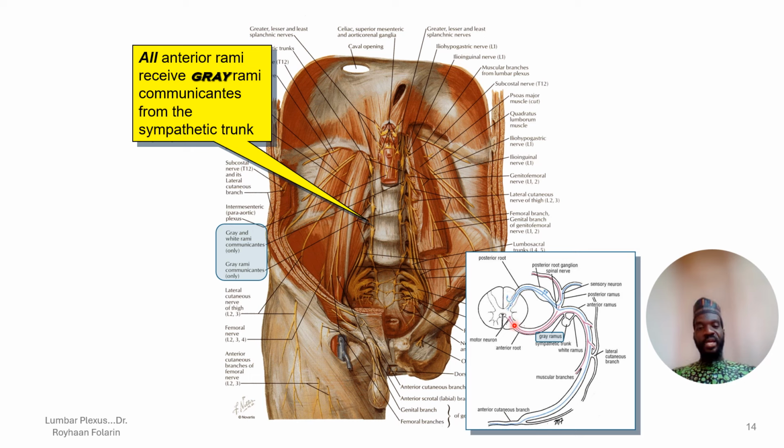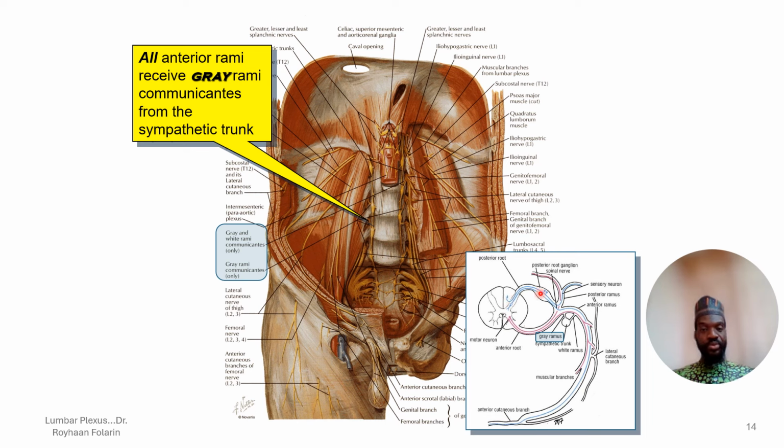What comes out of the anterior horns are the anterior roots. It's referred to as the anterior root of the spinal cord at that level. So this is the anterior root, while the nerve that emerges from the posterior end is referred to